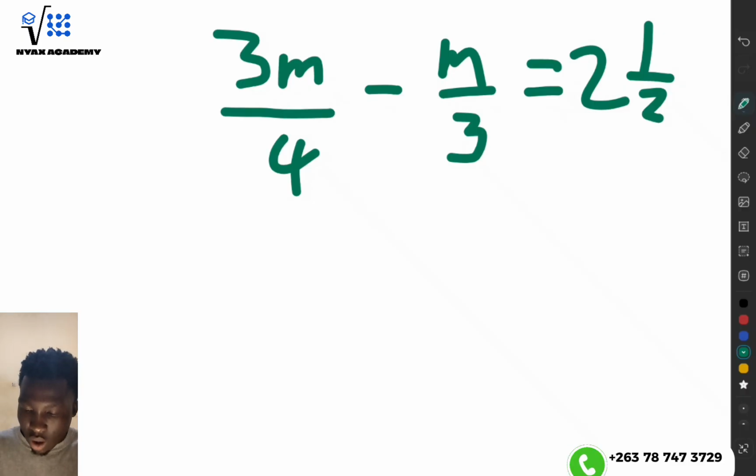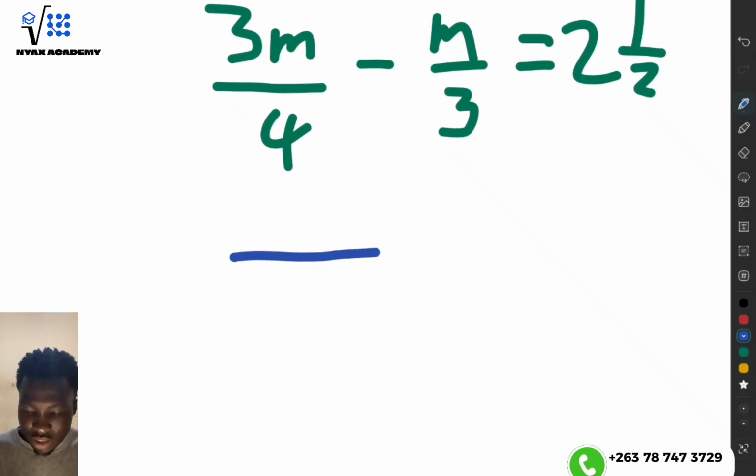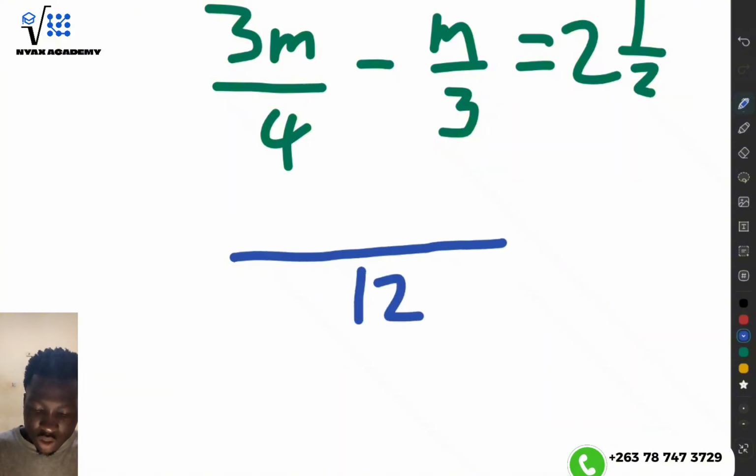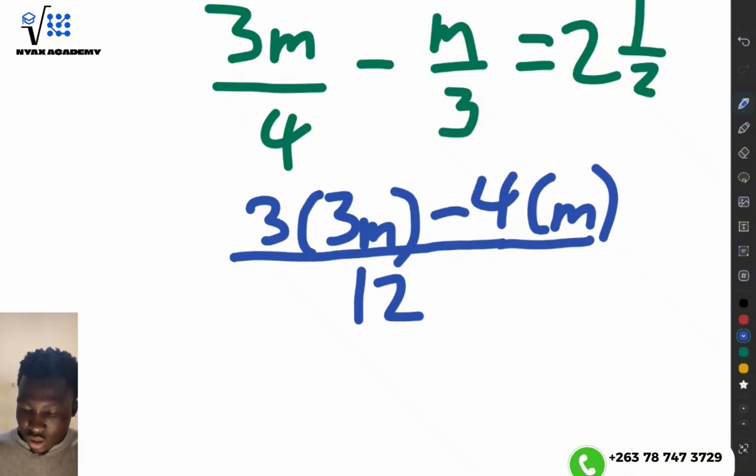So how do we attain that? The common denominator for my fractions will be 12. So we're saying 4 into 12 we get 3, multiplied by the numerator 3m, minus 3 into 12, 4, multiplied by m,